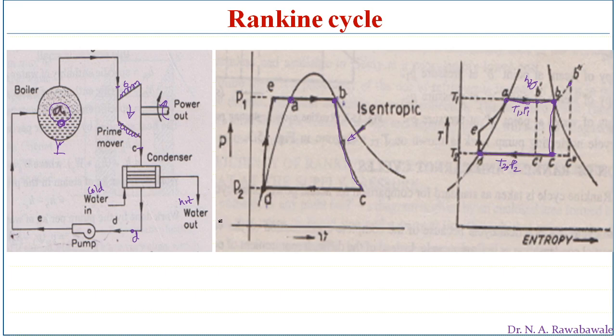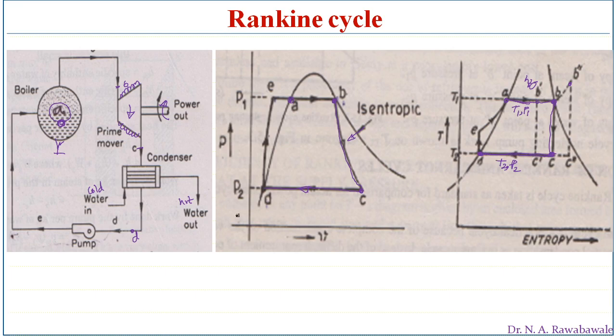So this process of condensation is also represented on this PV diagram by this straight line DC. This is nothing but the condensation process at constant pressure. So this CD is an isothermal process, where the pressure as well as temperature is going to remain constant in this case. Actually, in the isothermal process, the temperature remains constant, but here as it lies between these two curves, that is saturated liquid curve and dry saturated steam curve. So this process C to D is isothermal as well as constant pressure.